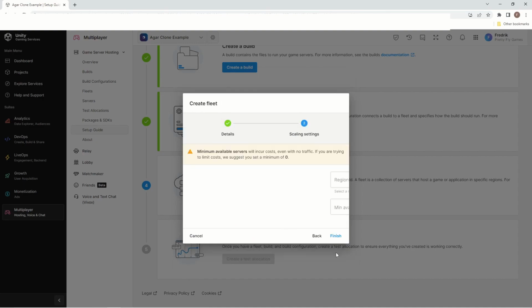Let's go to next, and then we need to select region. What region are we going to use? We're going to use Europe, and then we need to supply the minimum number of servers. We're going to use minimum 1 and maximum 1. We're just going to use 1 for now. So let's hit finish,